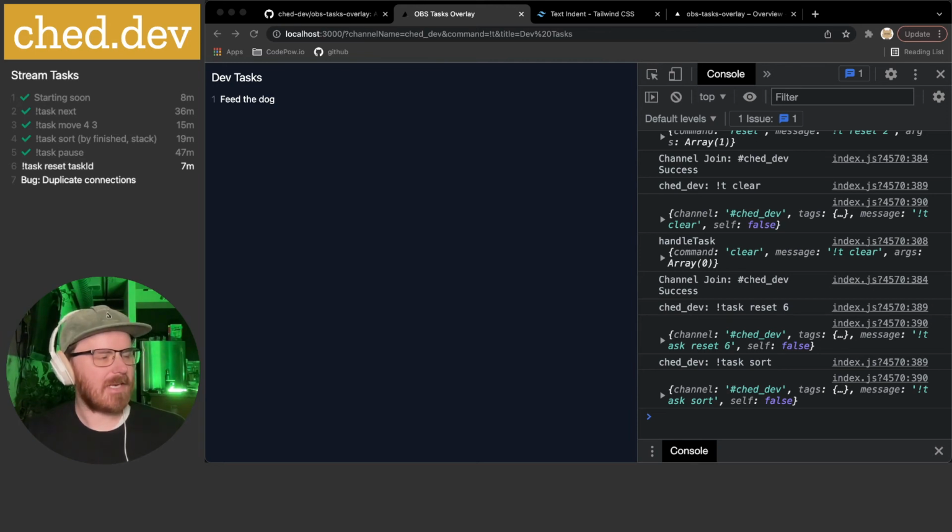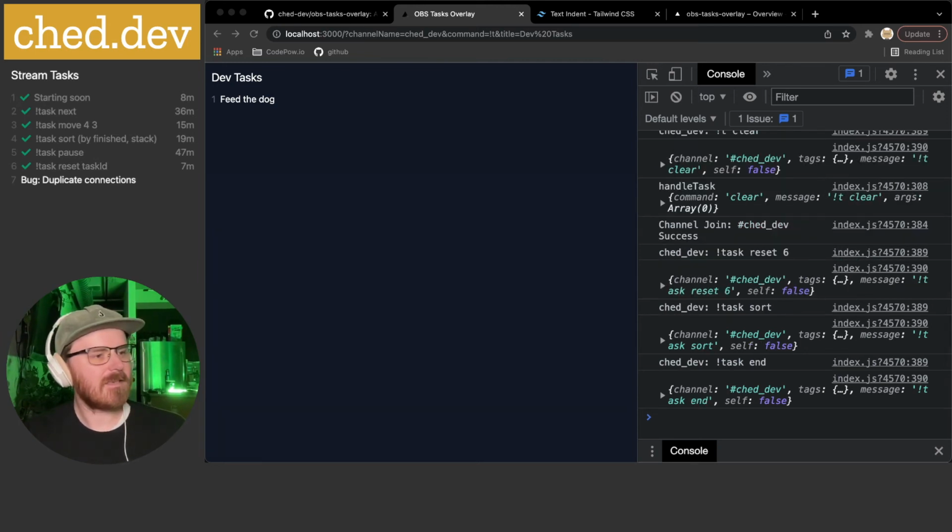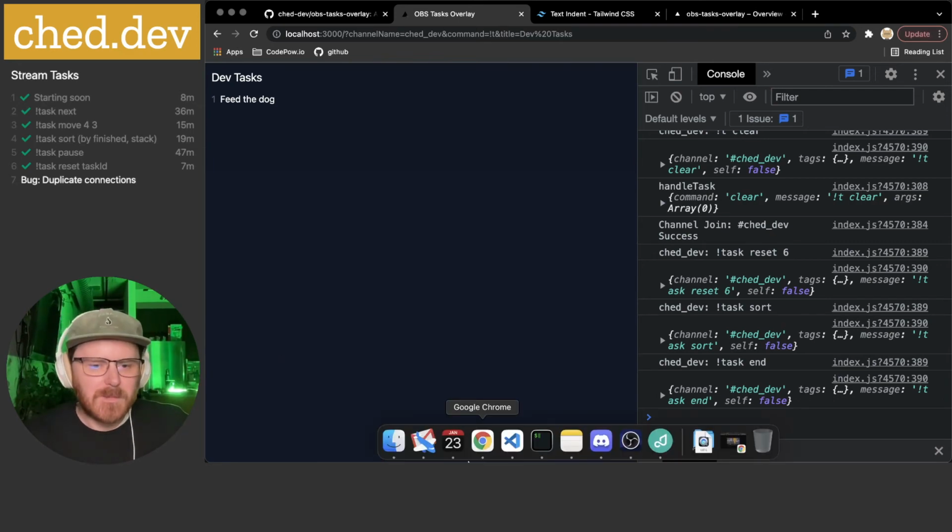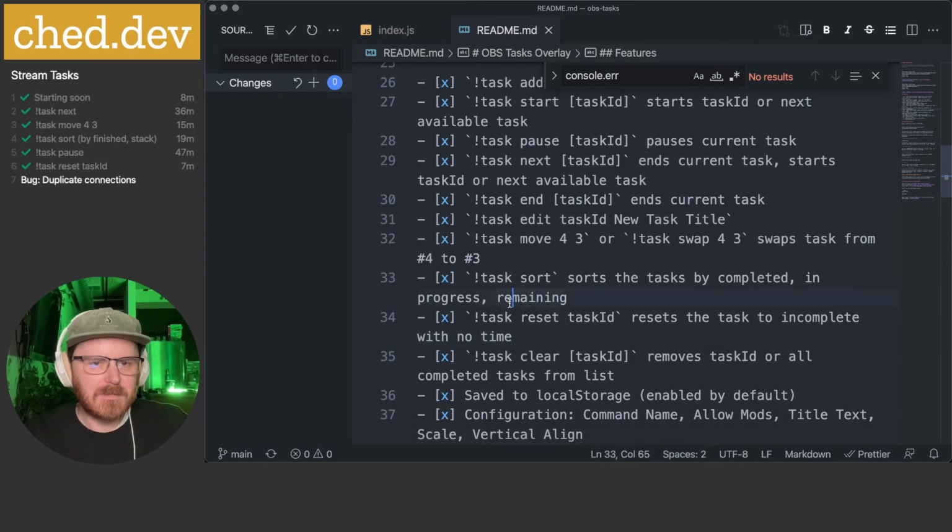Task end. I did leave the bug for the, oh, no wait. There was a bug in, let me add that and let's work on that real quick because I'd rather work the bug. Let's clear duplicate connections. I'll save that for another time. Oh, that's the wrong one. Task clear 7. Okay, task add